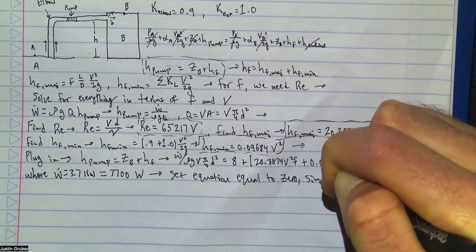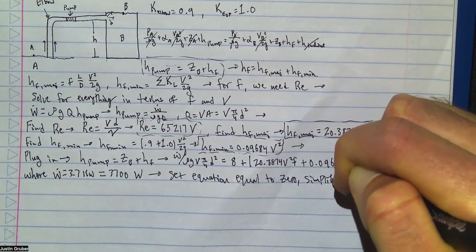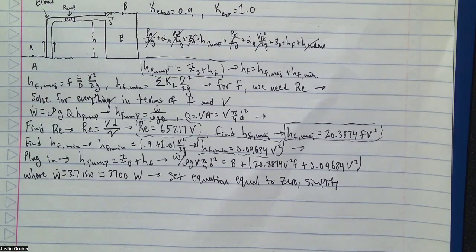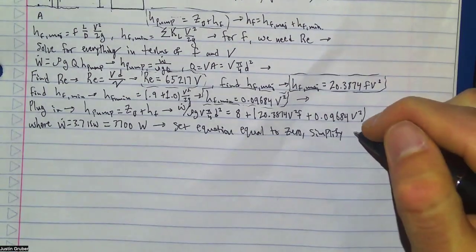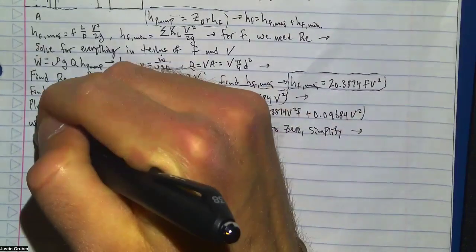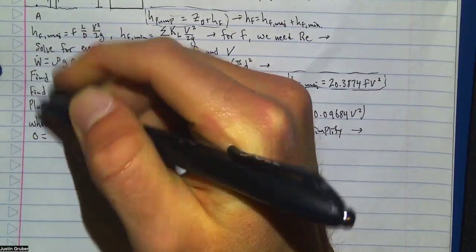and simplify. We want to do that because if we set everything equal to 0, we can go in MATLAB and use an fzero command, some sort of iterative solver, numerical analysis stuff. So when you do that, you end up getting this final equation that computers really like, in this form where 0 equals